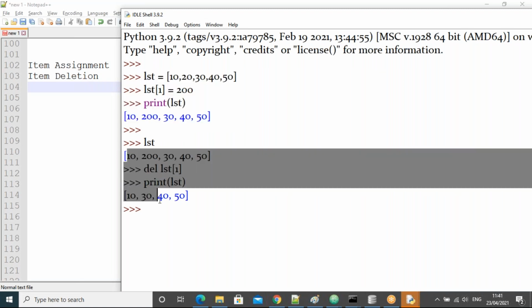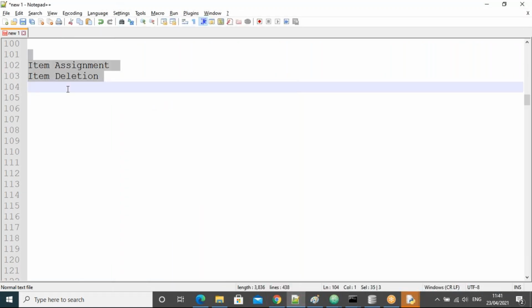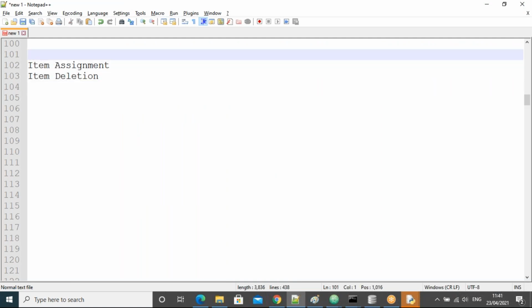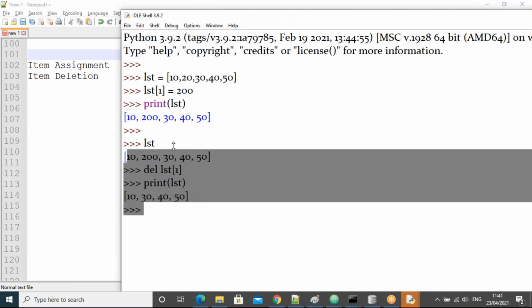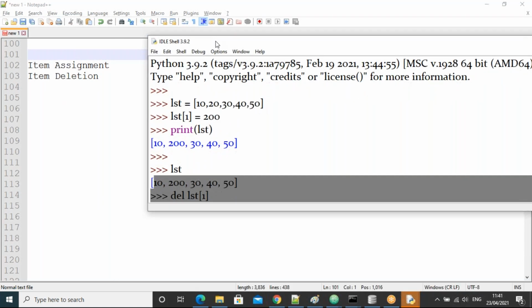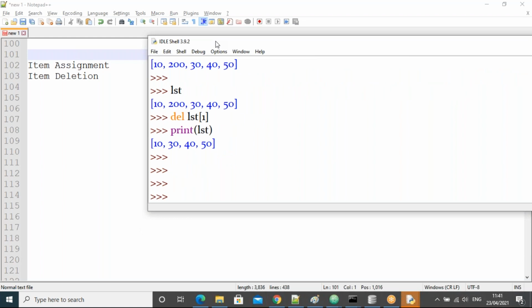It's called item deletion. The same operations I'll try in the string, guys. Let us see whether the string supports these two or not. Item assignment, item deletion. Let us see. I'll take one string, with the string name, for example. Let's take Python Narayana, something like this. I'll take a simple one. Suppose NTH, right?